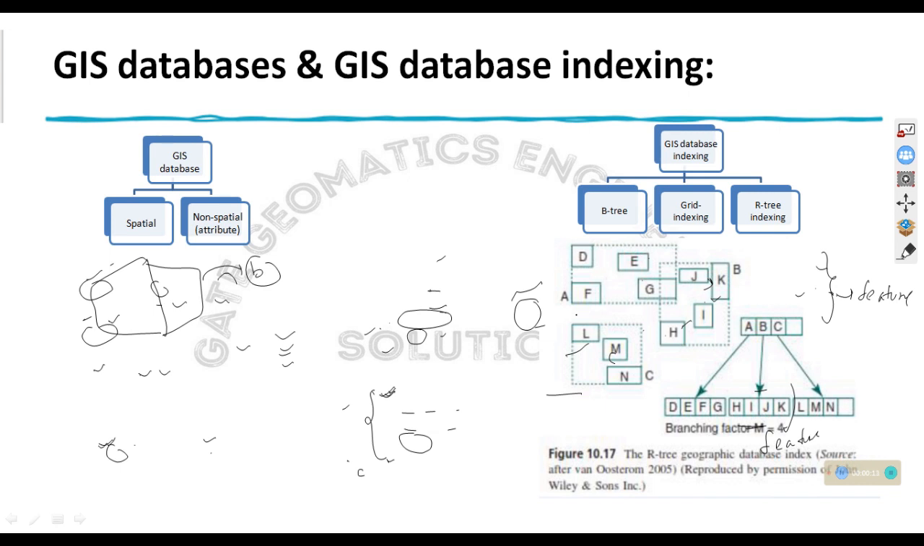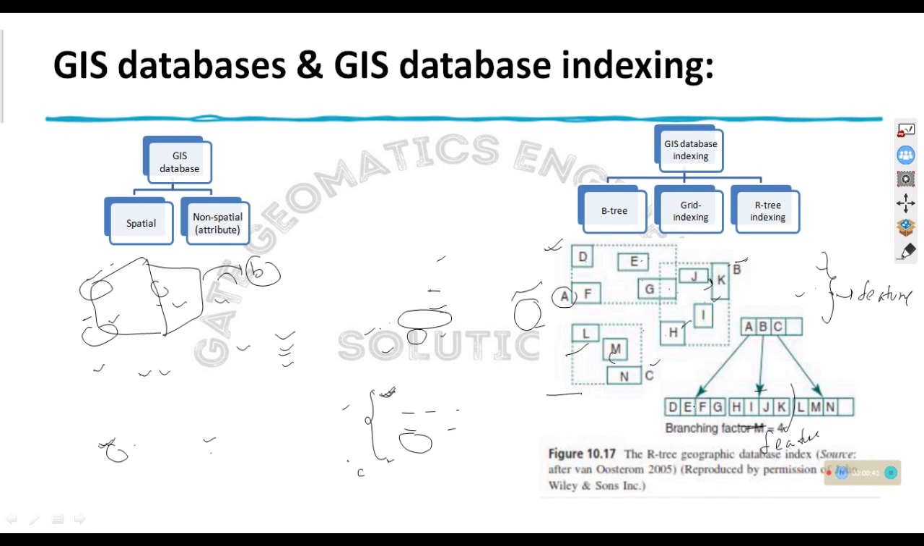Another type of indexing is the R-tree indexing. In R-tree indexing, a bounding box is created. Based on the bounding box, the feature is indexed. So there A bounding box, B and C, 3 bounding boxes are there, and in that A bounding box there are D, E, F and G, 4 features, and in B bounding box G, H, I, J, K